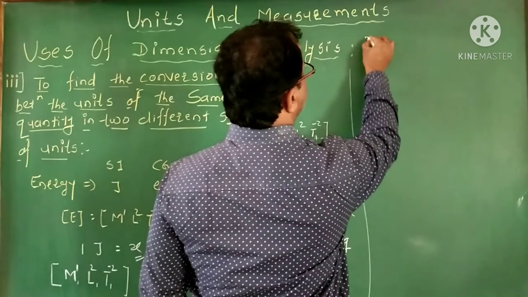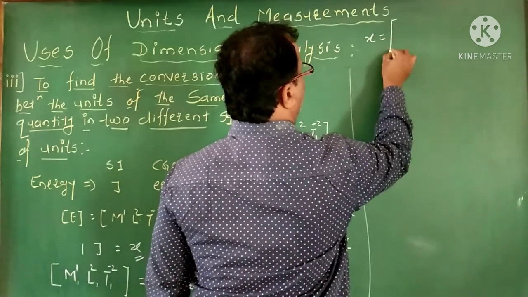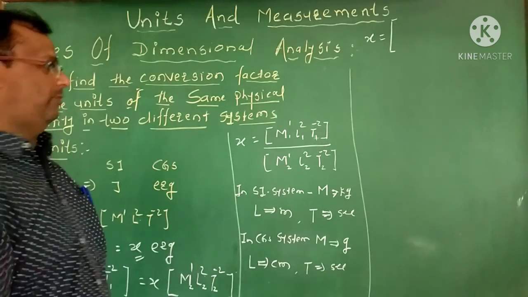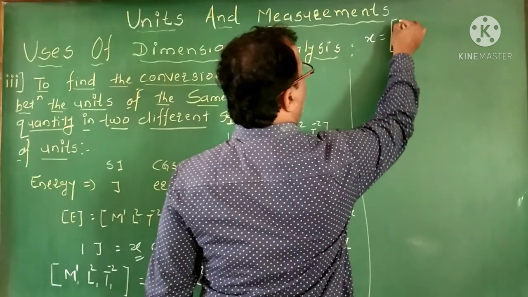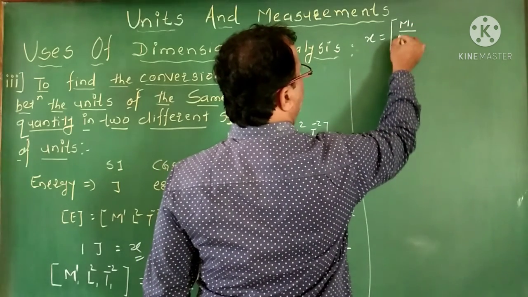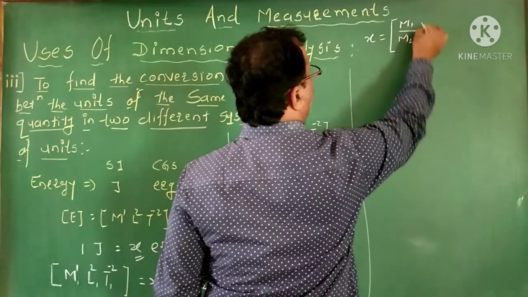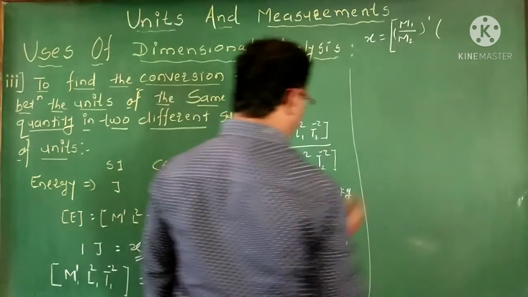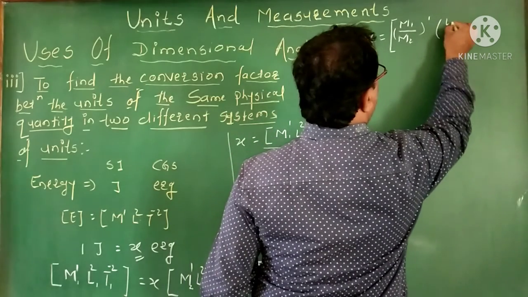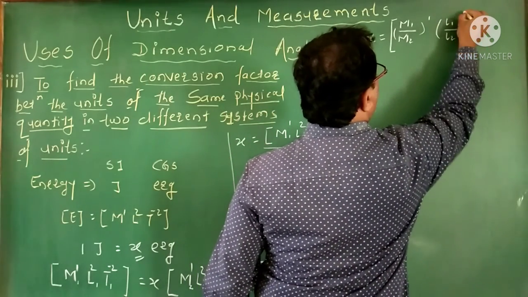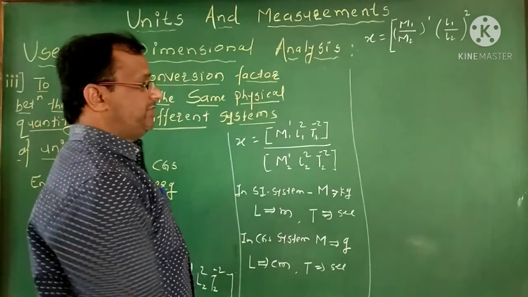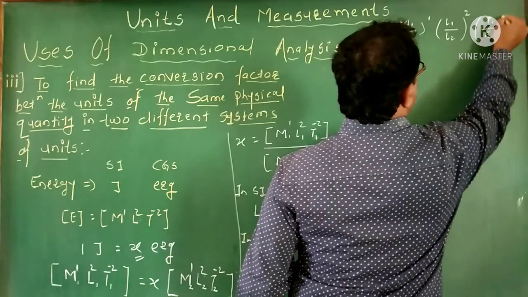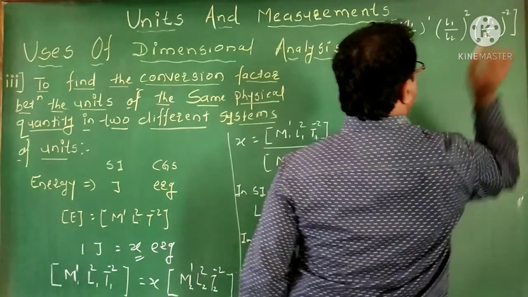Here, x is equal to, here we want to take one of the big brackets. And now here we want to write down in common form. So what we get there? Here M1, and now this will be the M2, and again their power is simply 1. Now, second one is their length. What we get there? L1, here L2, their power is 2. Similarly for the time, here T1, and now this will be the T2, and their power is -2.